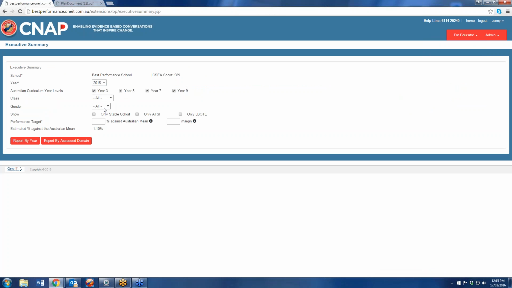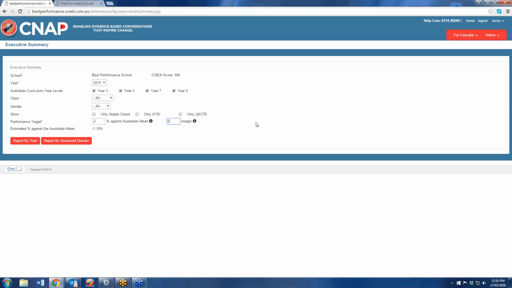I want all classes and all genders. For our performance expectation, which is at 1% below, I'm going to be a little bit liberal and allow it to go down to -2%. Also, I'm going to have a margin of 5% either side.